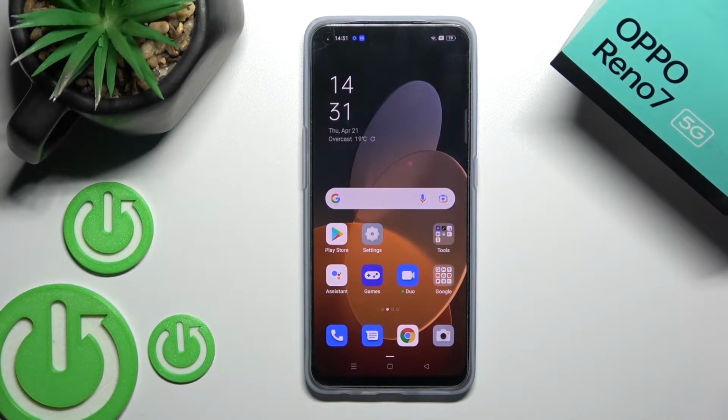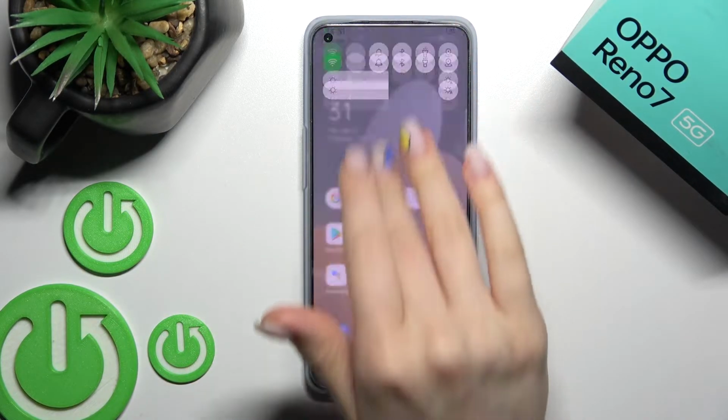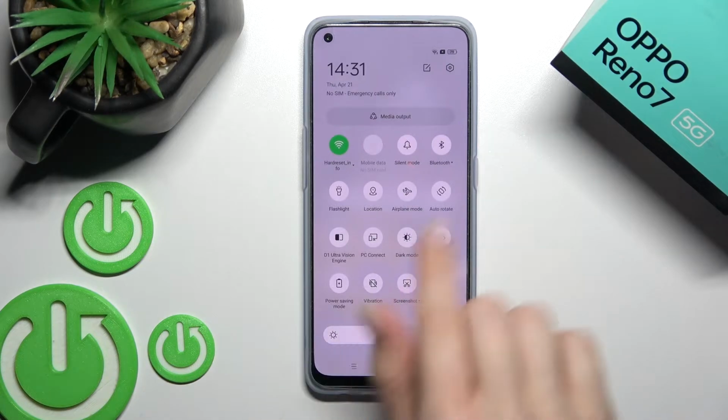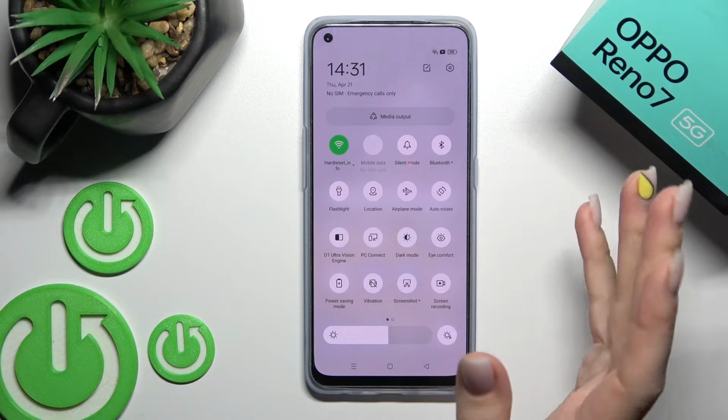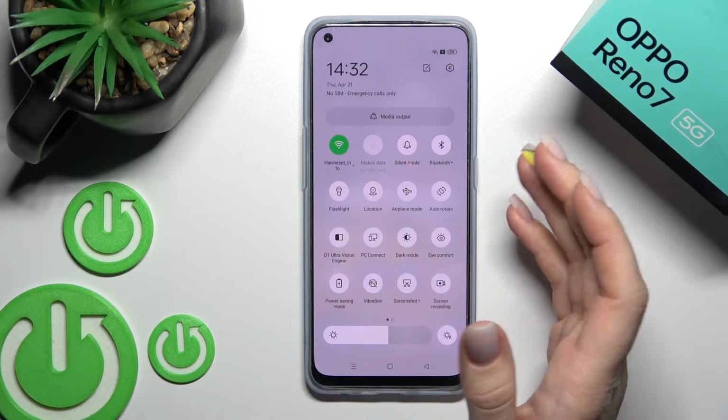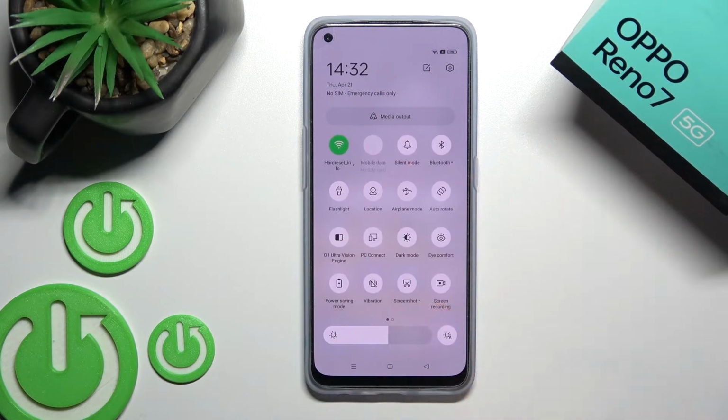Welcome, today in front of me is the Oppo Reno 7, and I'll show you how to edit notification panel shortcuts on this device. So first you should open the notification panel, and here in the top bar you can see all the visible icons. If you want to add, remove or change the position of some icons, you should just click